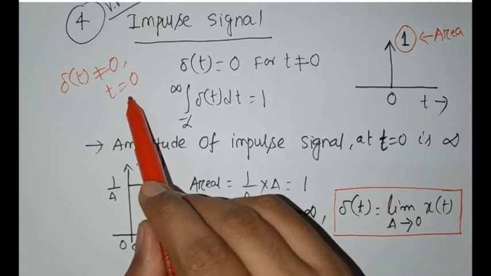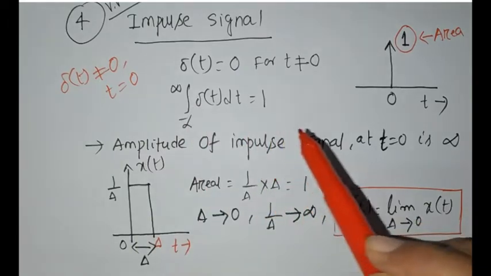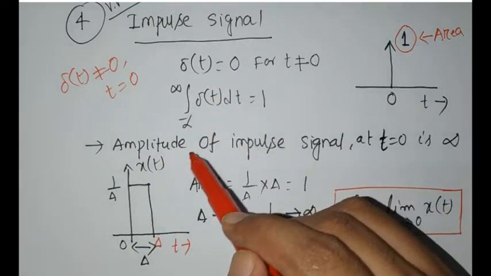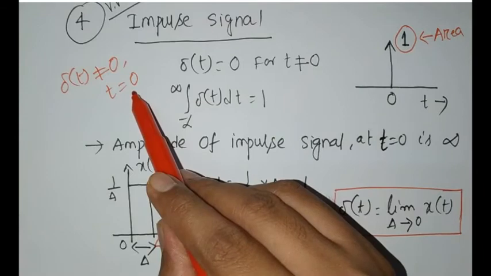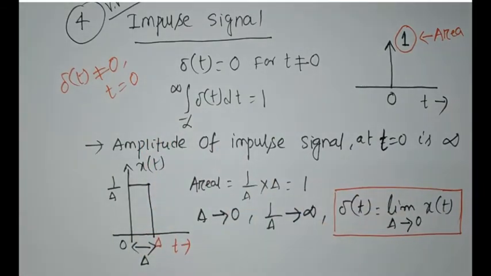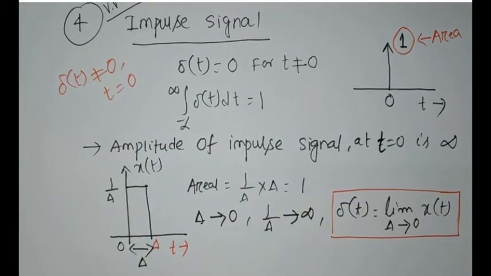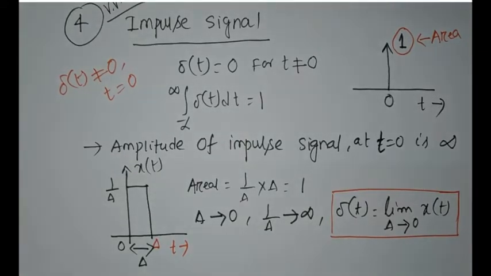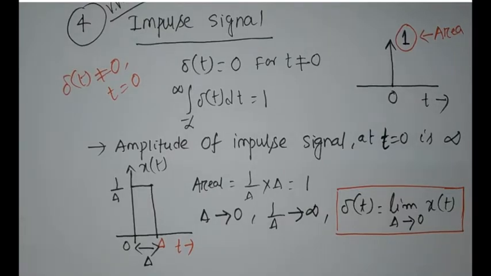T equals 0 means what? Zero time. Now we can say that the impulse signal exists for t equals 0. T equals 0 means 0 time, and you know that 0 time means no meaning. When you say that I did this work in 0 time, or I will submit this assignment with 0 time, or I will take 0 time to complete this task, it means no meaning. Whatever people are doing, it requires some time.